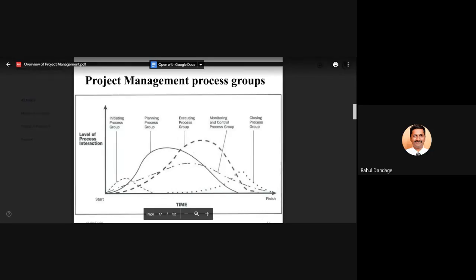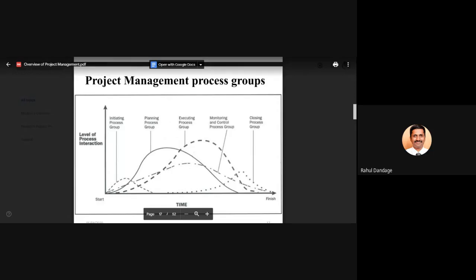So this word you will hear frequently from any project manager or the people who are working in the project: the project life cycle. When I say project life cycle, it is nothing but the timeline between the start of your project and the end of your project. This entire time frame and the various activities involved in it, that is nothing but the project life cycle, or the life cycle of your project.